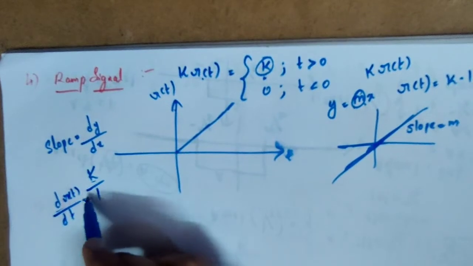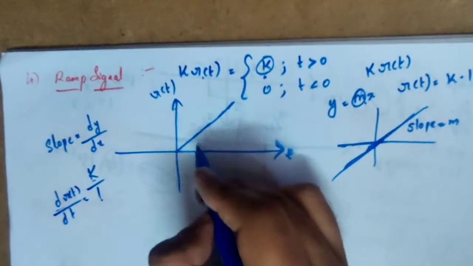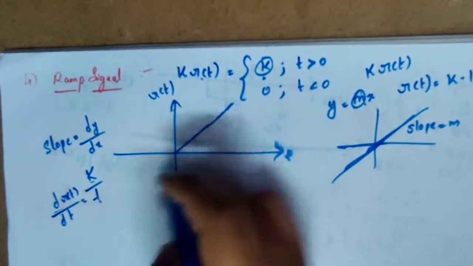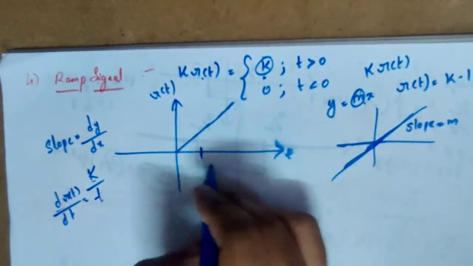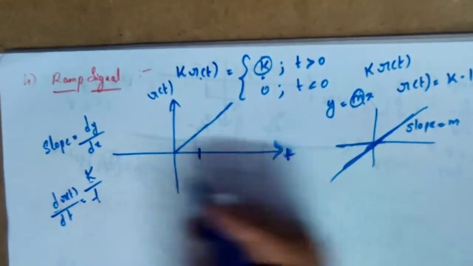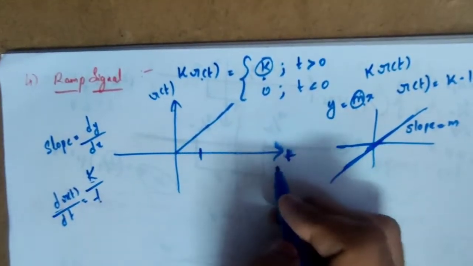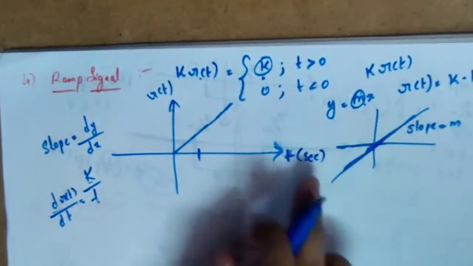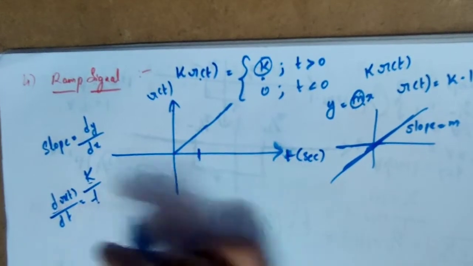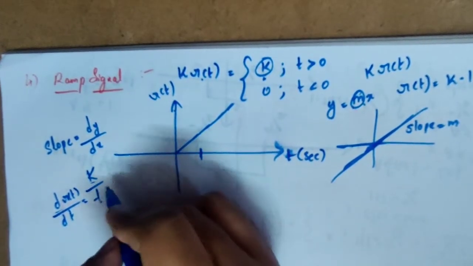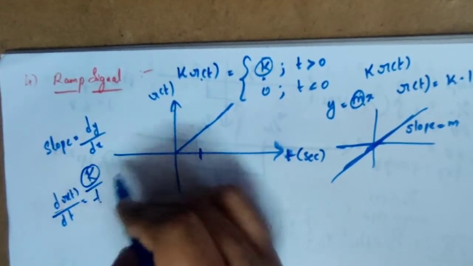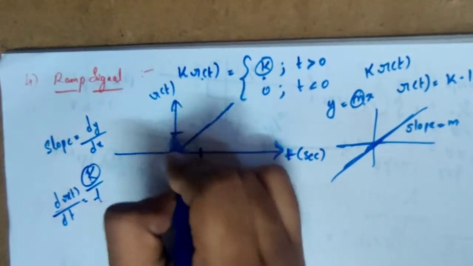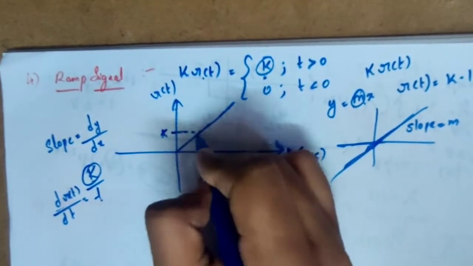So when time is changed by 1 second, or if it is in minutes, you can consider it as 1 minute. If it is in hours, you can consider it as hours. I'm considering time as seconds now. So for each second of time, the y-axis should be increased by k units. So k units, this is known as